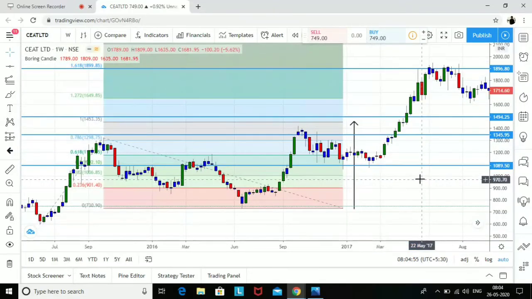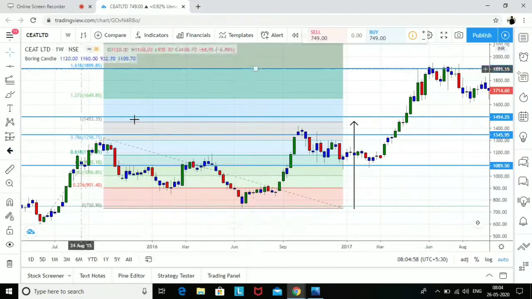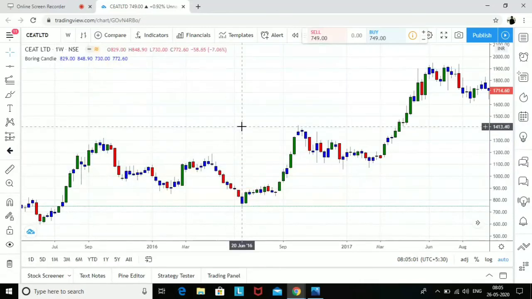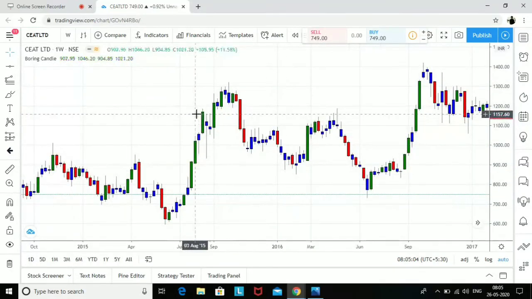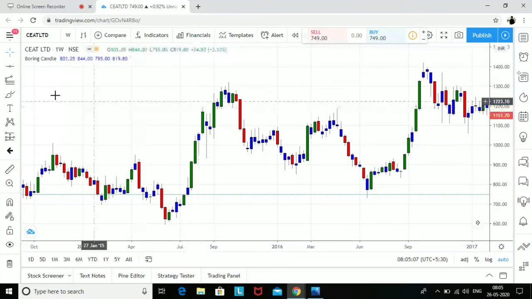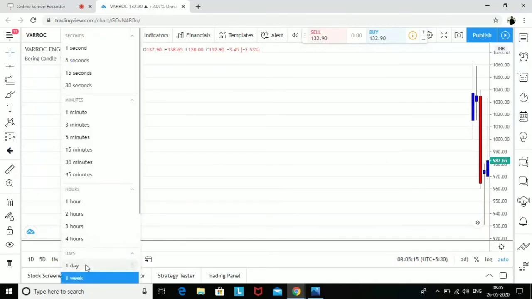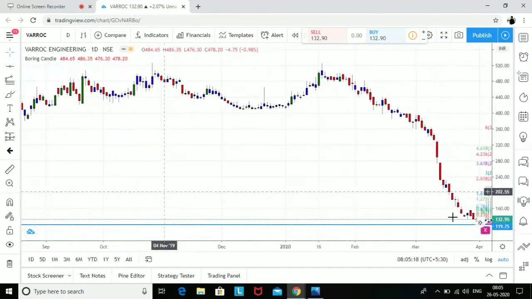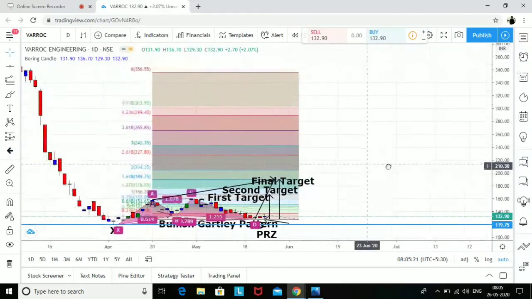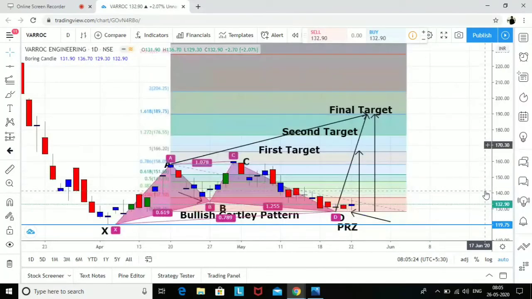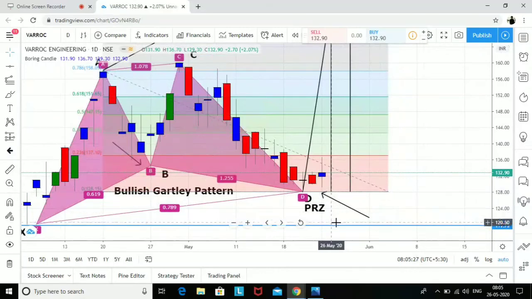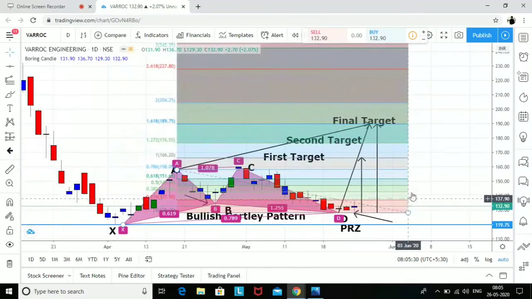We ideally should not miss such trades. I'm not saying that Varroc Engineering will do 100% of the target and all. It is completely up to you. If you're following a risk reward ratio and a stop loss, that would make it an ideal trade. This is a very good trade. I feel it's a very low risk reward ratio trade. The risk is almost 8 rupees, and the target we are looking for is somewhere around 190, which would be the final target. We can always take profit somewhere around 166.